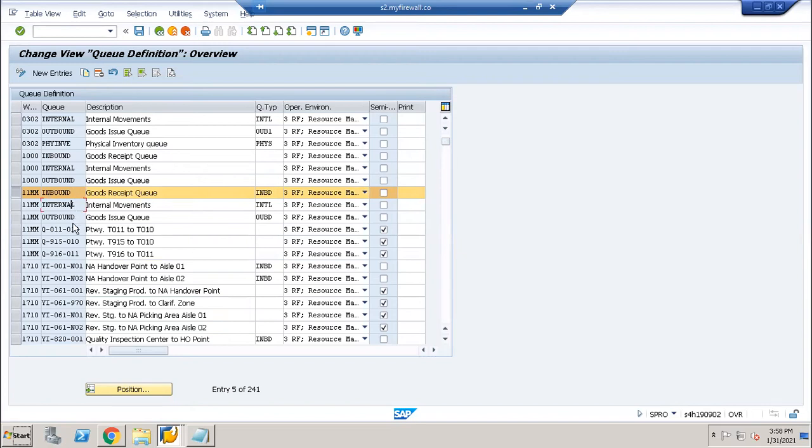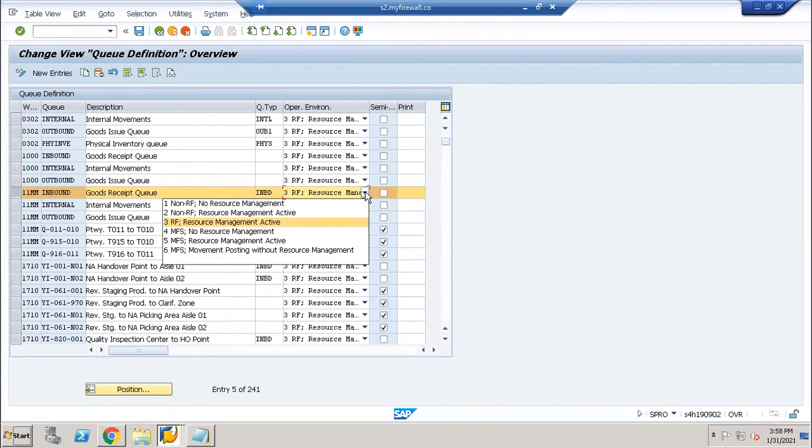Very simple. What will be the queue type, followed by the operation environment? It is for RF. It is not for MFS. It is not for non-RF.